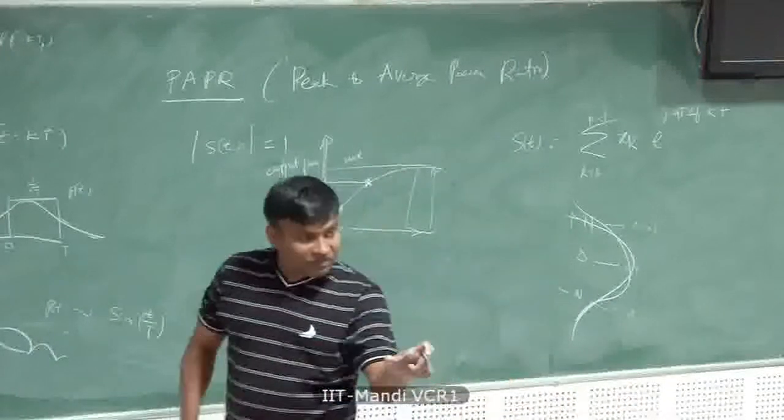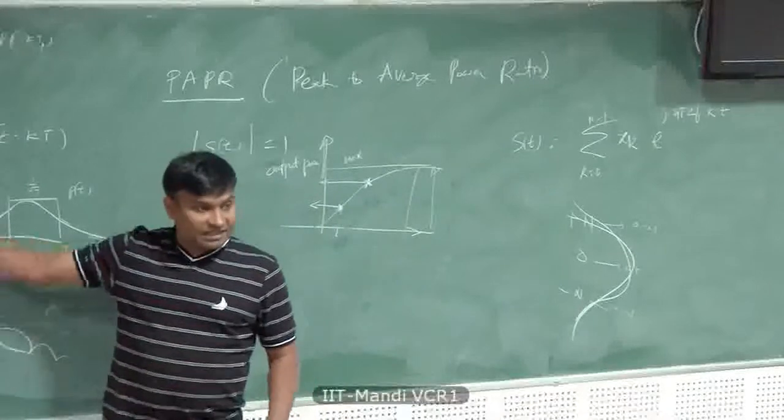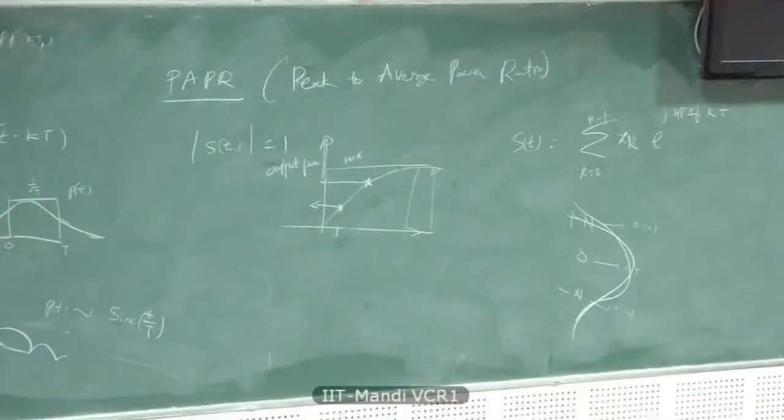How do you make a tweak to OFDM and come up with something like this? That's a very interesting transmission. So the entire circuit is OFDM. You make some tweak and make the system behave like this, because to synthesize a waveform like this, you need an entirely different type of circuitry, right? But we'll use the OFDM framework, we'll make a small tweak and make the system behave like this. That's the nice thing about it. Okay, that we will do in a couple of minutes.